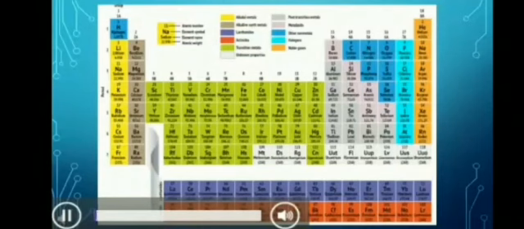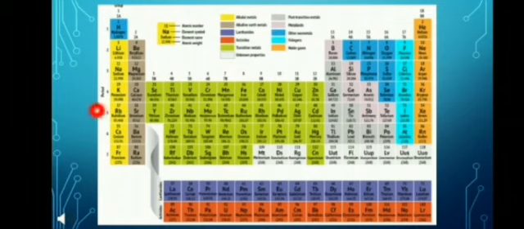Before going to the periodic table, let us recall some of the important points that we have studied in the 11th standard. हमने पीरियोडिक टेबल बहुत अच्छी तरह से पढ़ चुके हैं 11th स्टैंडर्ड में. फिर भी कुछ इम्पॉर्टेंट पॉइंट्स आपको यहाँ पे बता देती हूँ. The modern periodic table, इसमें वर्टिकल कॉलम्स थे और हॉरिजॉन्टल रोज थे. These horizontal rows were called periods and the vertical columns were called groups, and there were 7 periods and 18 groups. Now there are 118 elements in the periodic table.